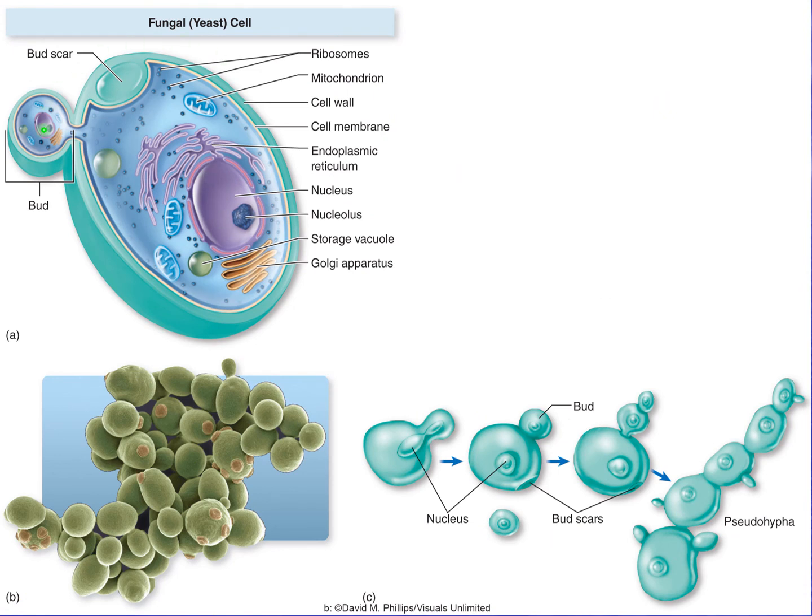So here's our yeast. A single body with all of the characteristics of the eukaryotic cell, and this is actually showing the bud. So they undergo mitosis basically, and simply then pinch off a part with the separate nucleus. And down here you can actually see the little buds that are coming off right there. And this is what happens with a pseudohyphae. So this yeast buds and that bud buds before it separates from the parent cell, and then that bud buds, etc. And so we grow these long chains of these budding cells that are still interconnected with each other. And so this is the pseudohyphae.